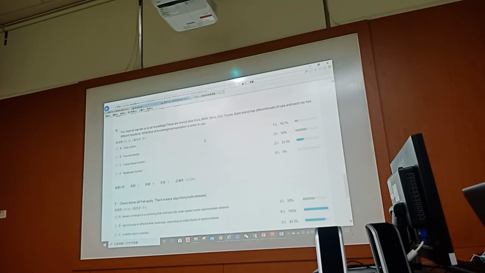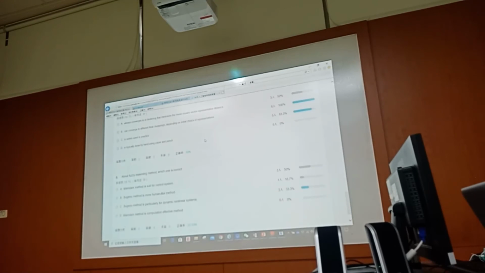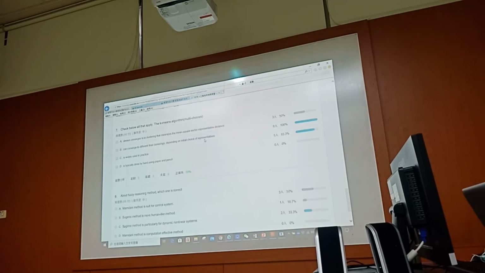A frame is like a slot structure. You go to a brand or go to a family, and something is put in it. That is a frame. You can take the BMW brand and use the frame knowledge for that item. That is like case reasoning. That example is the brand frame. And then question 7.